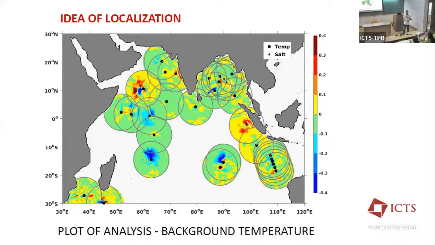You all have heard of correlation lengths, right? Correlation length scales. Suppose whatever is happening in the Arctic Ocean is affecting what is happening in the Indian Ocean. We do not want that, because this is beyond the correlation length scales of the dynamics involved. So that's the reason we put on a localization mask: I will allow my observation, whatever observation it is, to influence only up to a certain radius.